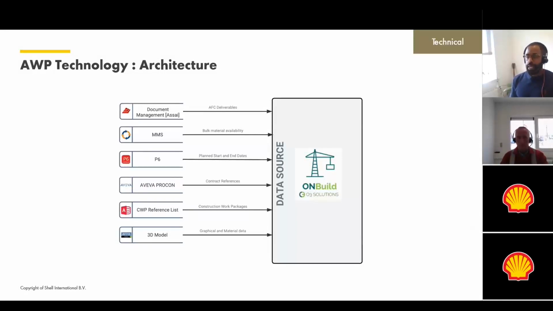Okay, so this is a snapshot of the data architecture for the Red to Green project. The importance of this is that it shows you the complexity of all the data inputs that you need to put into a system like O3 before you can actually start using O3. On the left-hand side, we have the applications that we currently have connected to O3. Some of these connections are fully automatic and most of them are semi-automatic.